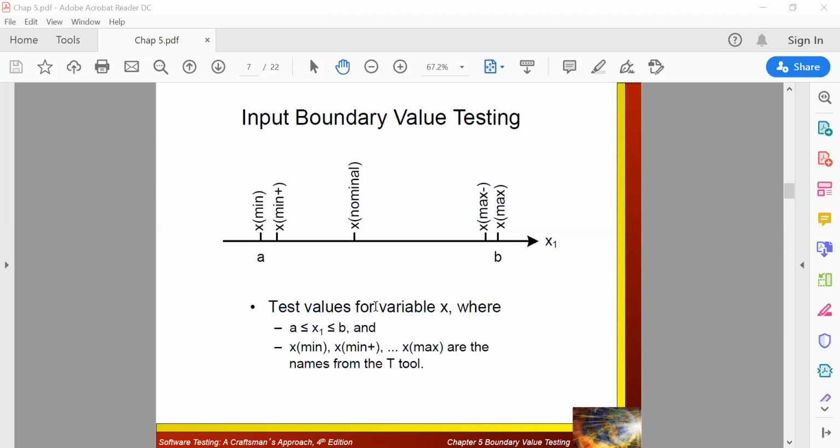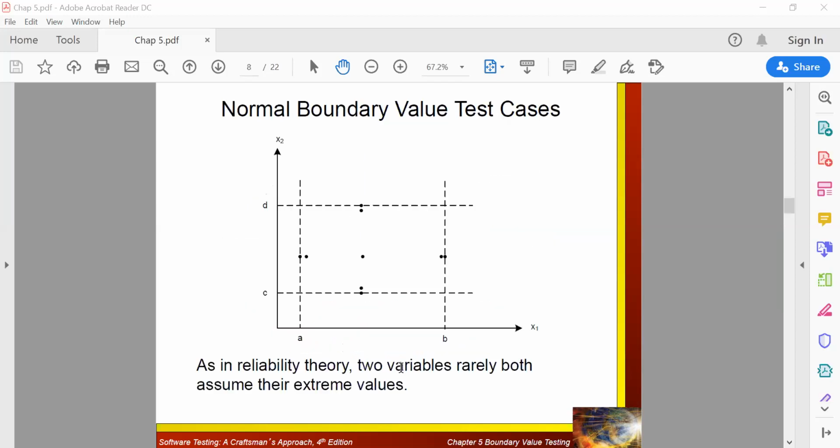This boundary value analysis has one particular tool called T, where these five variables, whatever we are mentioning, will be fed. Once it takes the input values, the next expected value will be calculated by yourself and you will put it in. Depending on that, it will check for the actual output. Once it comes, it will be evaluated. T is nothing but a testing tool, a software testing tool. Okay, so that's all with respect to it.